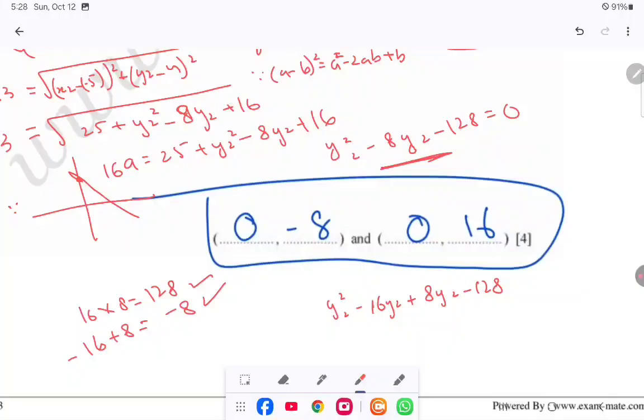So we can break it, take y common, y2 is equals to y plus 8, and if we take 8 common, we will be left with y2 negative of